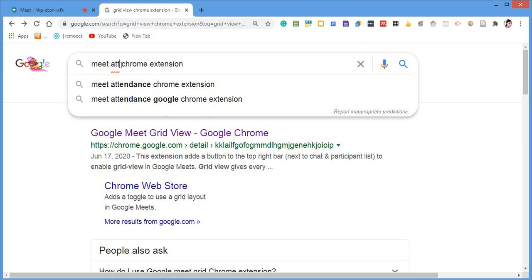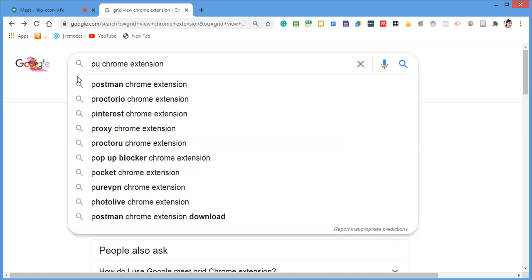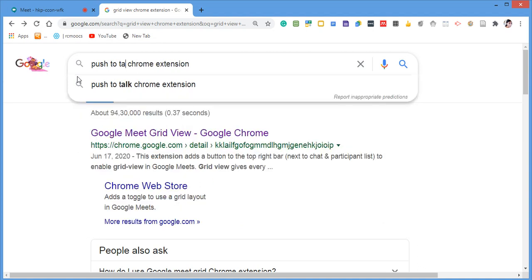Here the push to talk button is available.